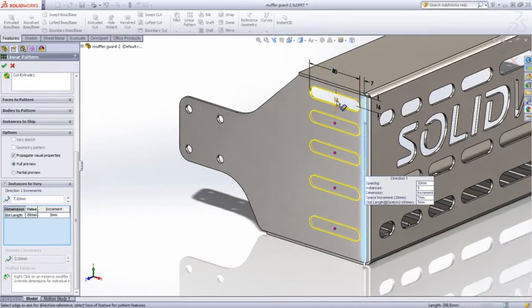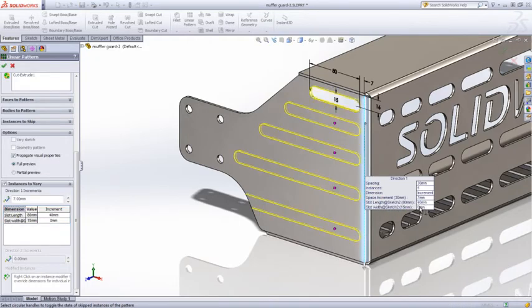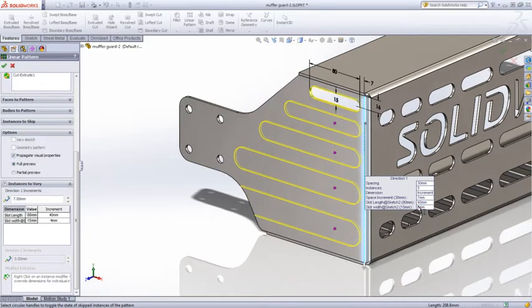For this pattern, we want to vary the slot length and the slot width. We want to vary the slot length by 40 millimeters and vary the slot width by 4. The preview provides visual cues as the changes are made, and you can see that the last slot is way